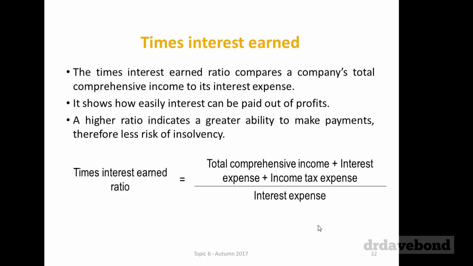And the very last one, times interest earned. Banks do this when they lend money to us as individuals. They want to know our ability to repay. They want to know, can we service the repayments that are going on with this. Now this isn't the full repayments, this is just about the interest component of them. So what the times interest earned ratio is